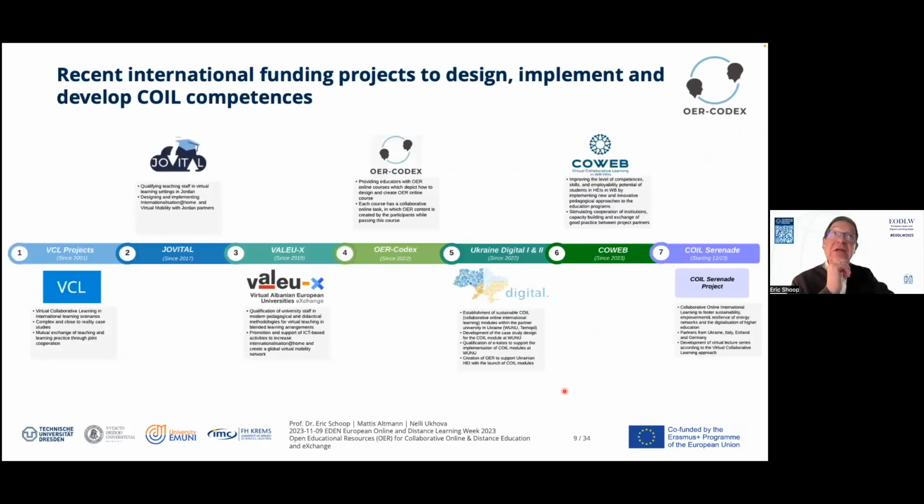Some recent international funding projects of my chair support the design, implementation, and development of COIL competencies. We worked with Jordan universities, with Albanian universities, with Ukrainian partners, the Western Balkan area, and now again, we will start with other Ukrainian partners in the next years coming up.